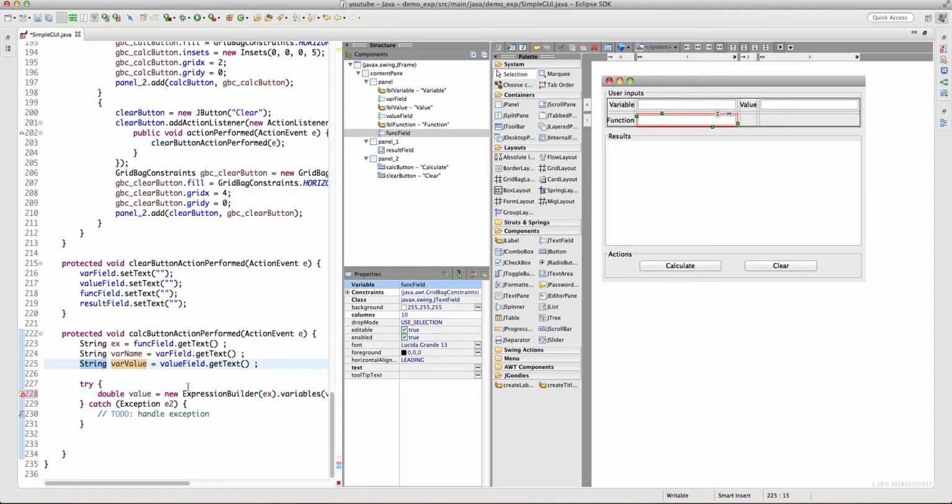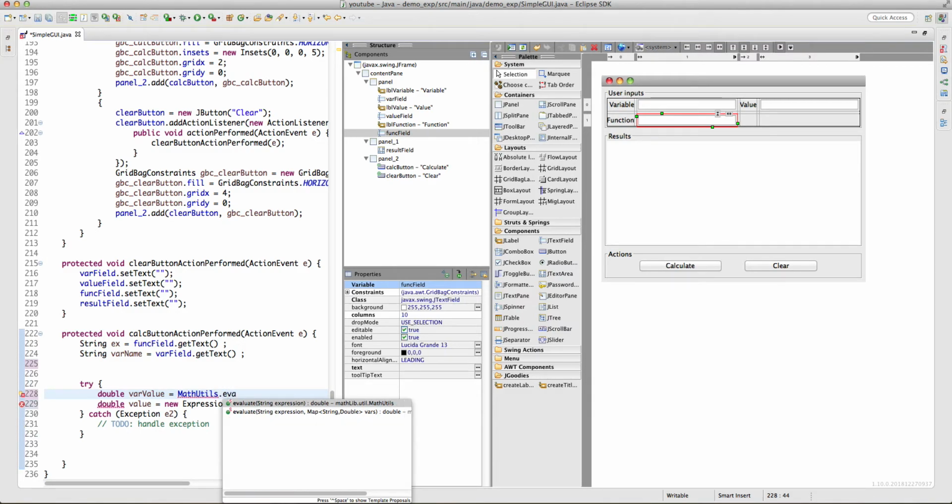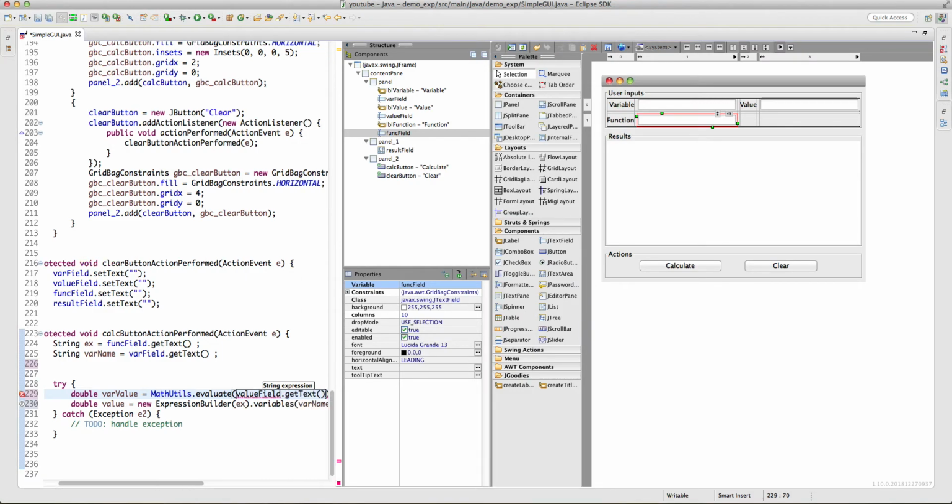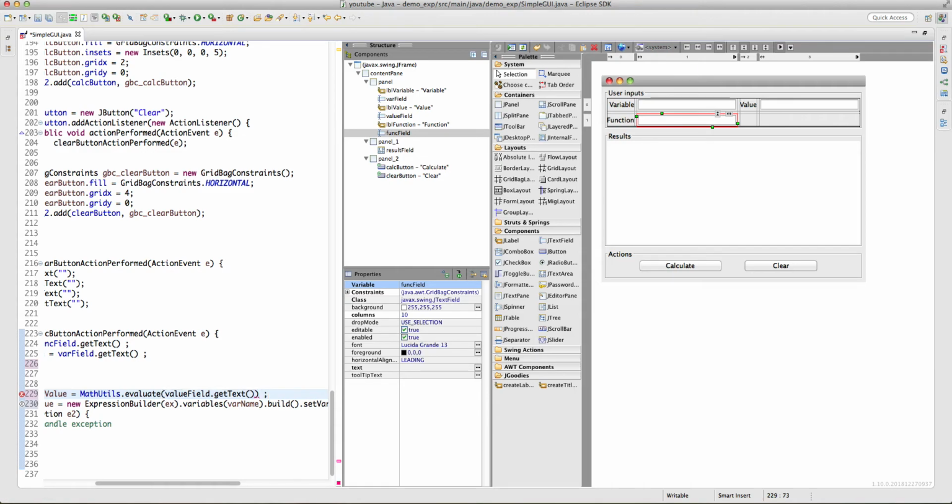And if you recall, we talked about the fact that in our math utils, there is an evaluate, and we are going to assume that the user puts in the value box an expression which is numeric. Okay,